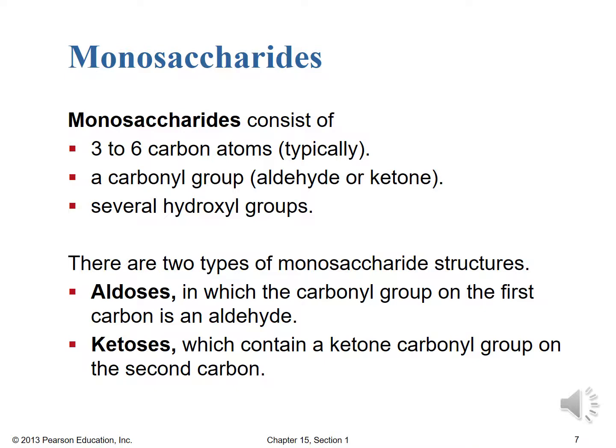Within these types of monosaccharide structures, you tend to get two types based on what that carbonyl group is. So if the carbonyl is an aldehyde, then we have an aldose, in which we have that carbonyl group on the first carbon being an aldehyde, and therefore a terminal, because it would have a hydrogen off of that. And again, that's in the chain structure, not the ring structure. For ketoses, now we have a ketone carbonyl, so the carbonyl is on the second carbon, and therefore it's not an aldose, it's a ketose because it's not an aldehyde, it's now a ketone.